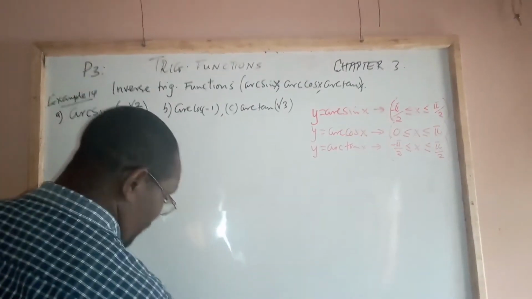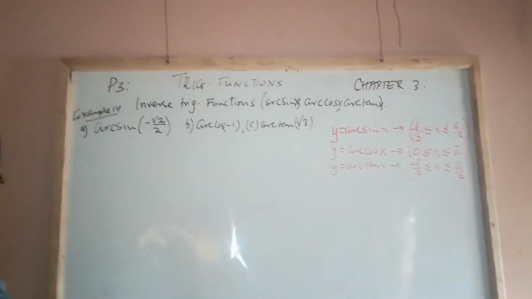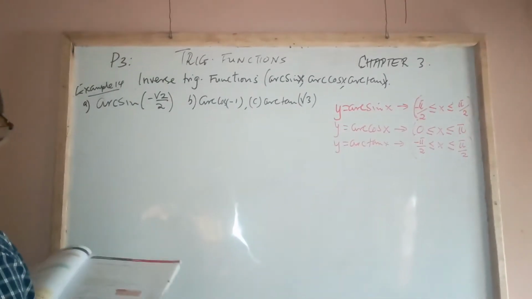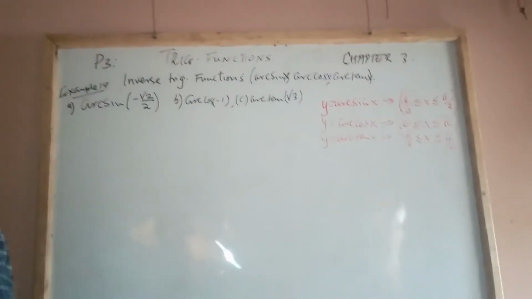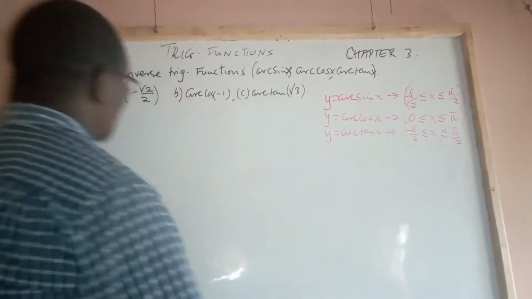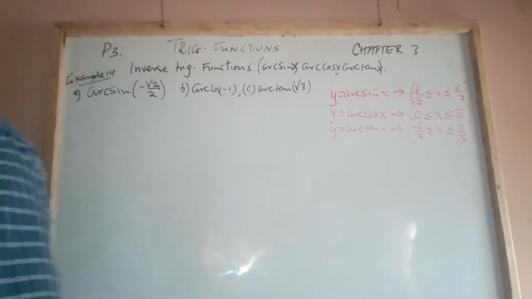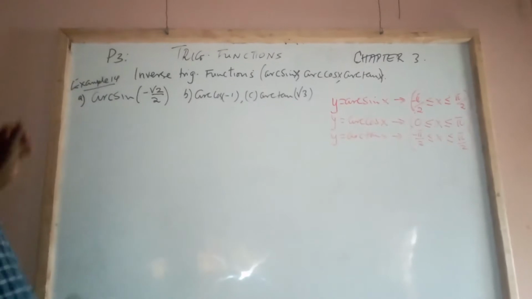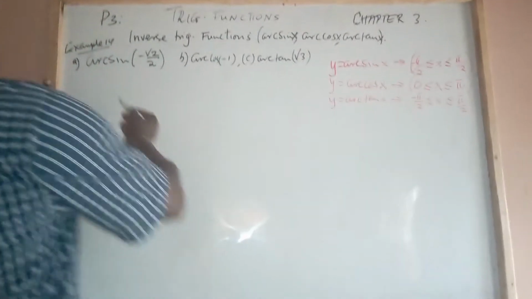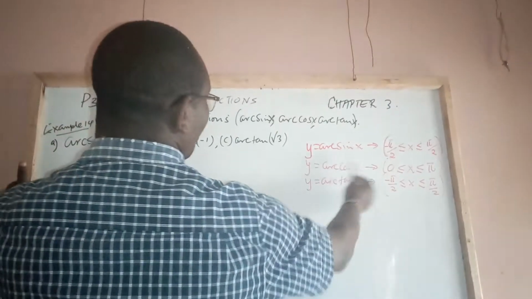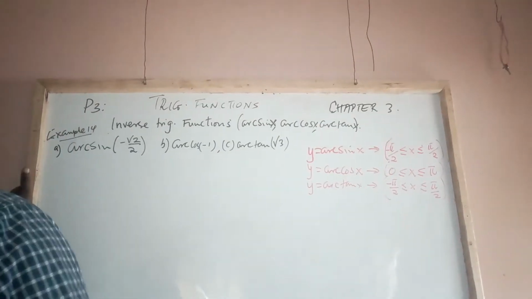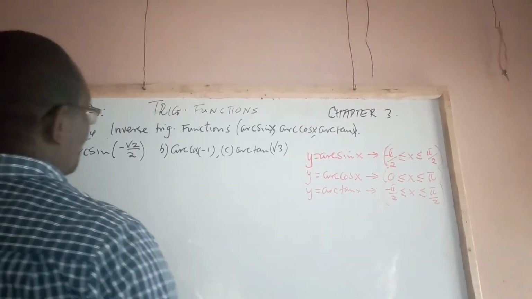In example 14, we are expected to work out in radians the values of arc sine of minus root 2 over 2 in part A, and then in part B we shall see. I want us, before we do anything, to concentrate on what I have highlighted here in red, that any graph